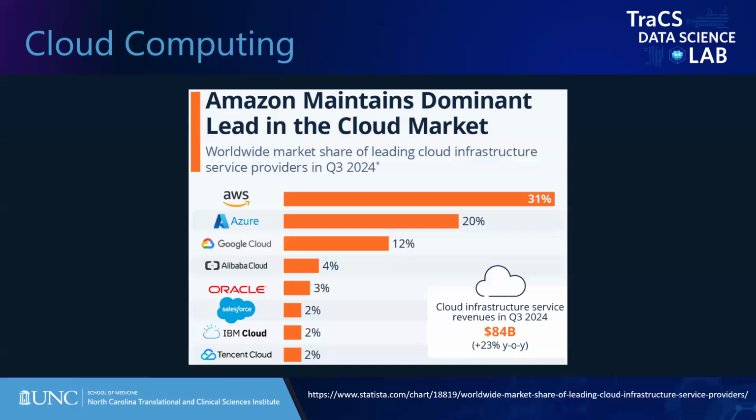UNC deals a lot with Microsoft, whose cloud systems go under the name of Azure. So you can see those on the second line here. So that's the ecosystem of cloud services that we tend to work in. But Amazon is the leader with their AWS platforms, which stands for Amazon Web Services. And Google has also been growing in the third position with Google Cloud.